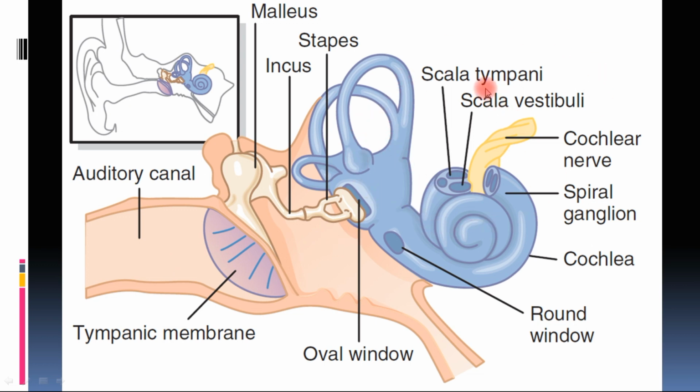So this is the special sensory organ, out of which the cochlea, as you can see, is involved in the sensation of hearing, whereas the other part, which is the semicircular canals and utricle and saccule, are involved in the sensation of equilibrium. Cochlea plays a very minimal role or no role at all in the sensation of equilibrium, and it is exclusively a function of semicircular canal, utricles and saccule. So let us see what we are talking about now. What are those semicircular canals, utricles and saccules we are talking about?